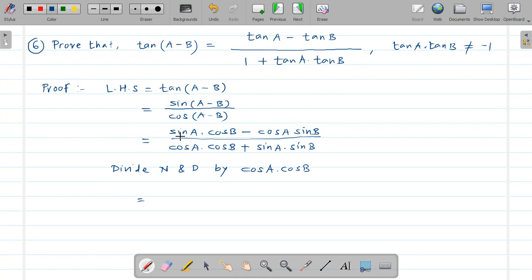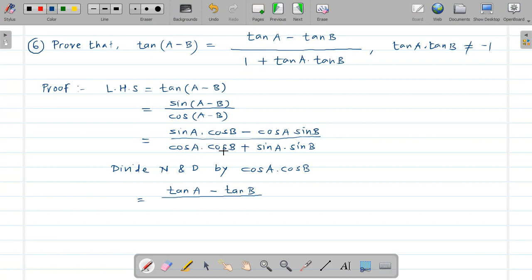The first term is sin A into cos B divided by cos A into cos B. So cos B will get cancelled, and sin A upon cos A becomes tan A. See this first term carefully. Now minus as it is. Next, cos A into sin B upon cos A into cos B. So cos A will get cancelled, and sin B upon cos B is nothing but tan B, divided by,